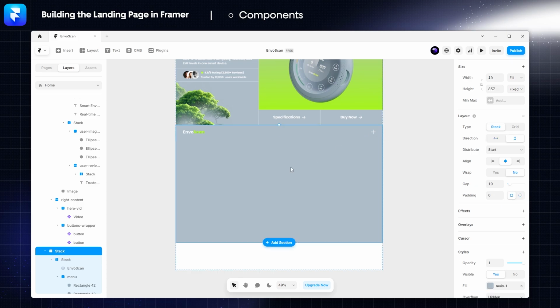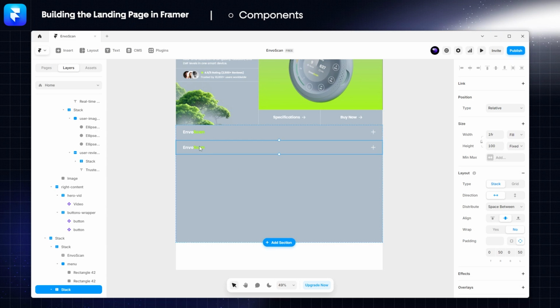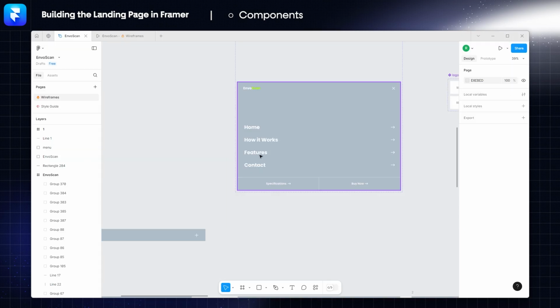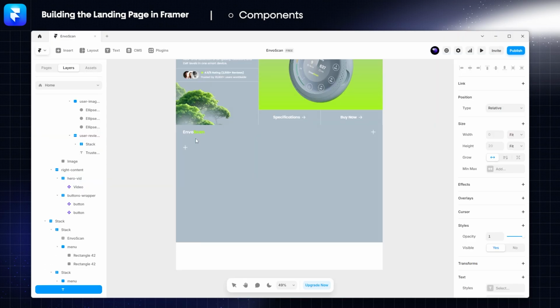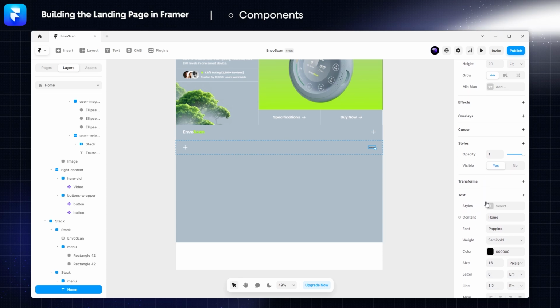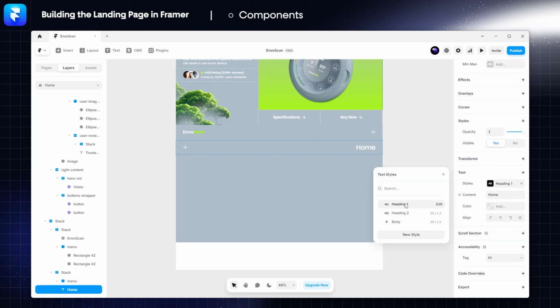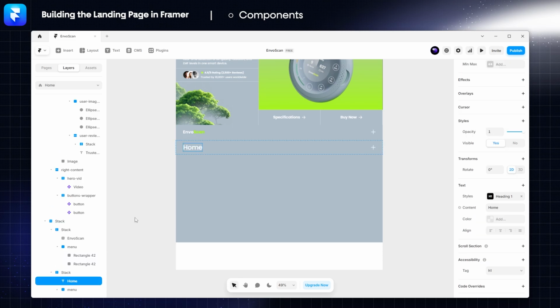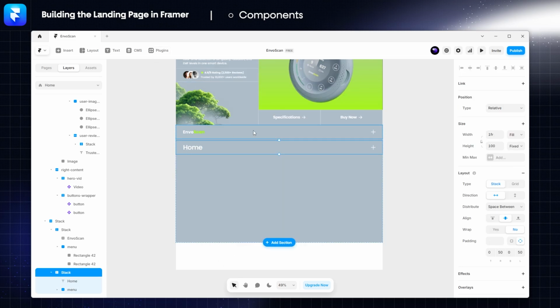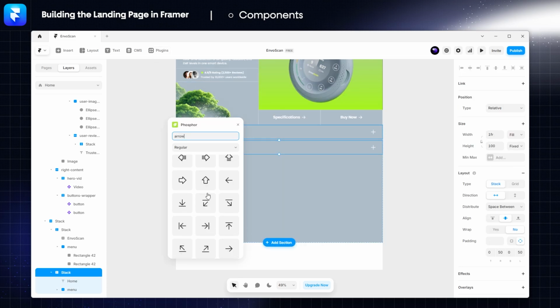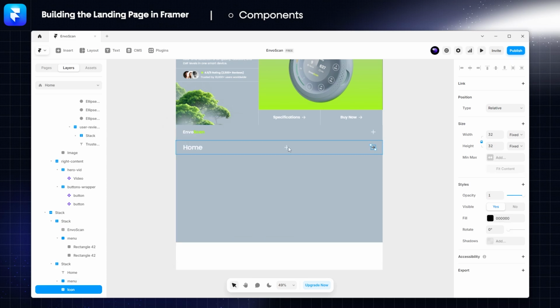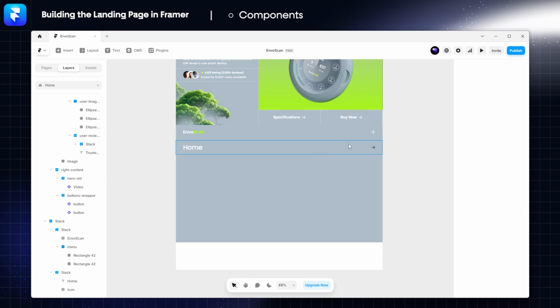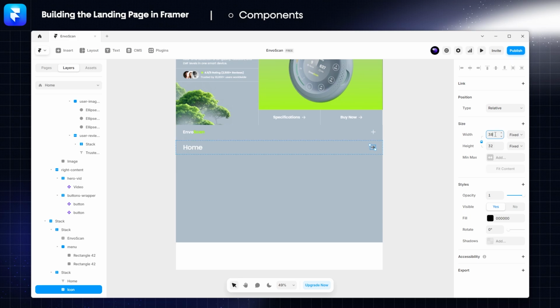Then we'll add some navigation links, so I will just copy and paste it. Let me add some text. We will copy it and paste it here. We'll apply the style. Heading 1, because our menu links should be that much bigger. The text should be this side. Here I'm going to add that arrow icon. We can copy that, or we can just search again. Here it is. We will make it a bit bigger